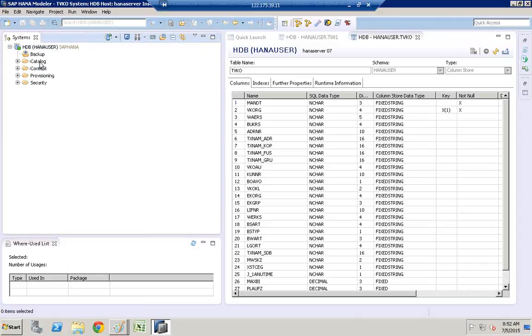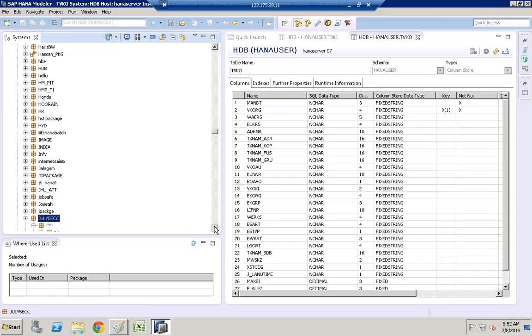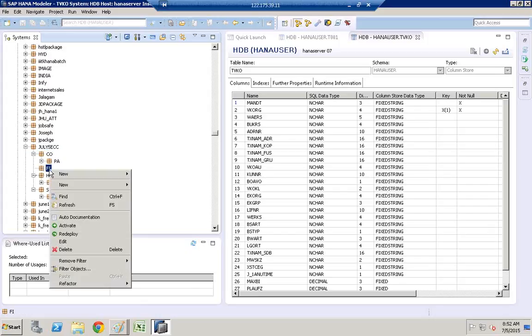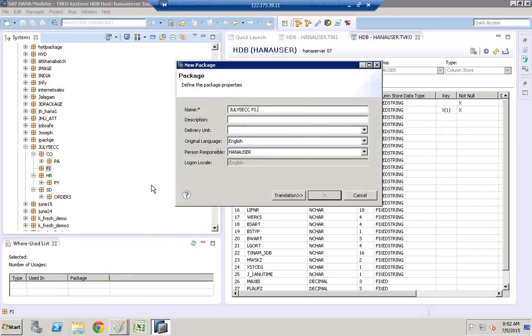So next we would like to access these tables in the content. As we discussed, we are basically building a company code. So in FI, I'm going to right click on this and create another package for master data. I'm just creating a sub package for master data. Click OK